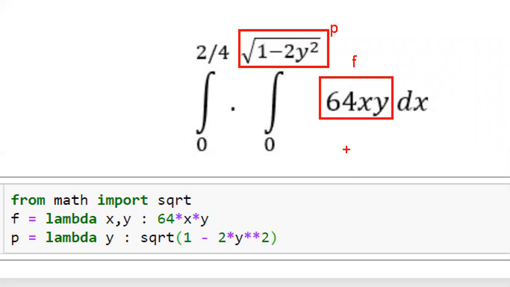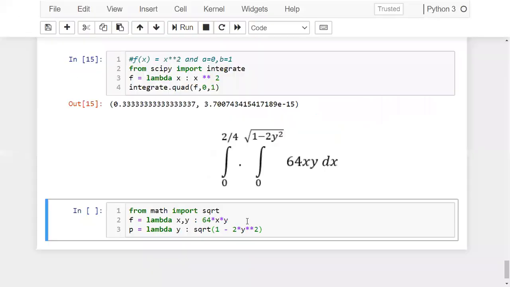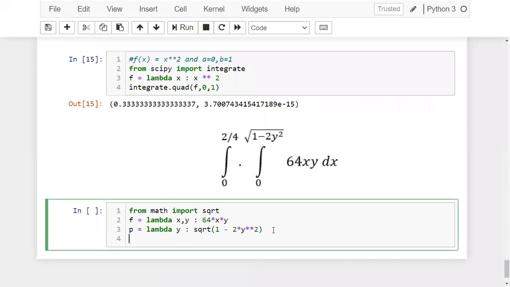Okay, so if you want to find out integral on this function f with this lower and upper values, you need to use these functions. Now look at the screen how we are going to find out that. So I already told you, when you have two variables, you need to use dblquad, which is representing double quad.